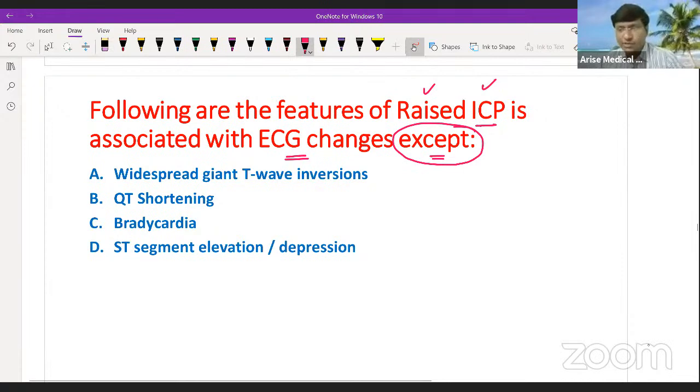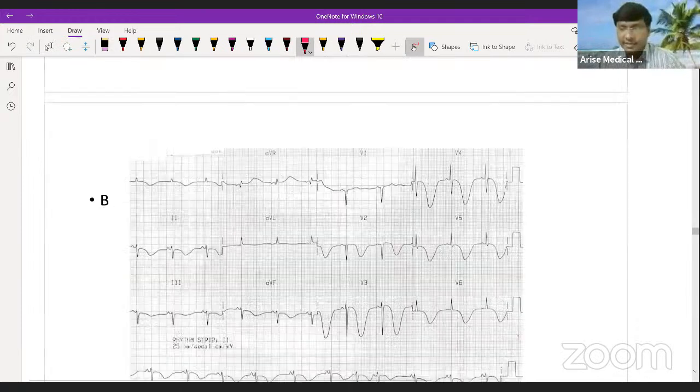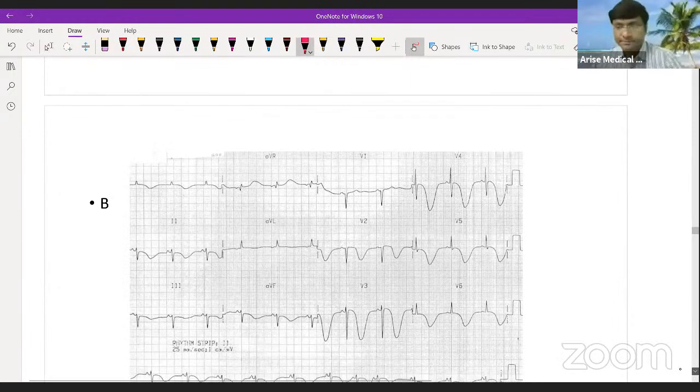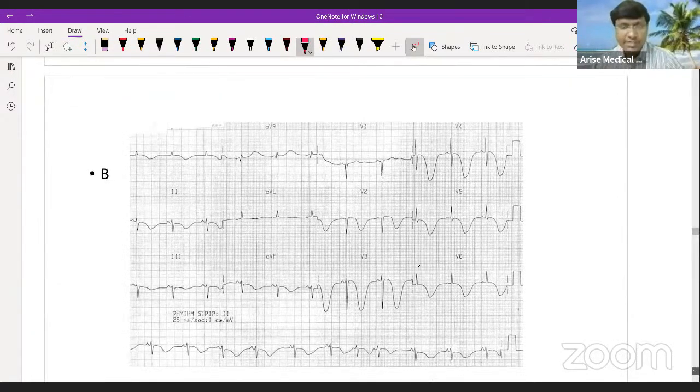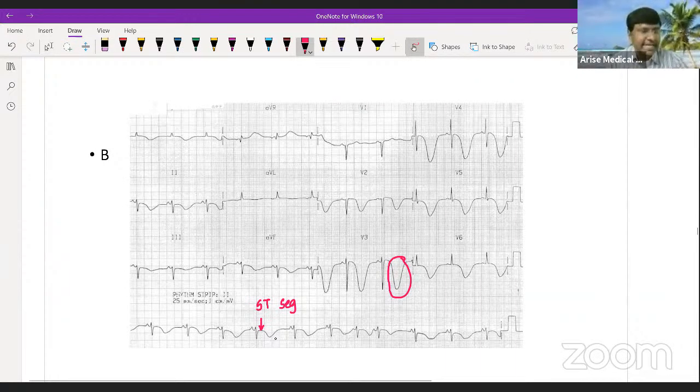Right. So in case of raised intracranial pressure, you take the T wave. The T wave is a giant T wave and it is inverted. And if you take the ST segment, it can be depressed. It can happen. But remember